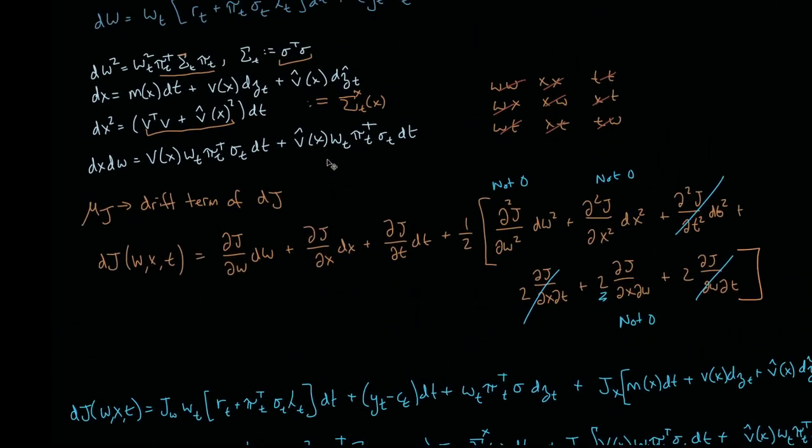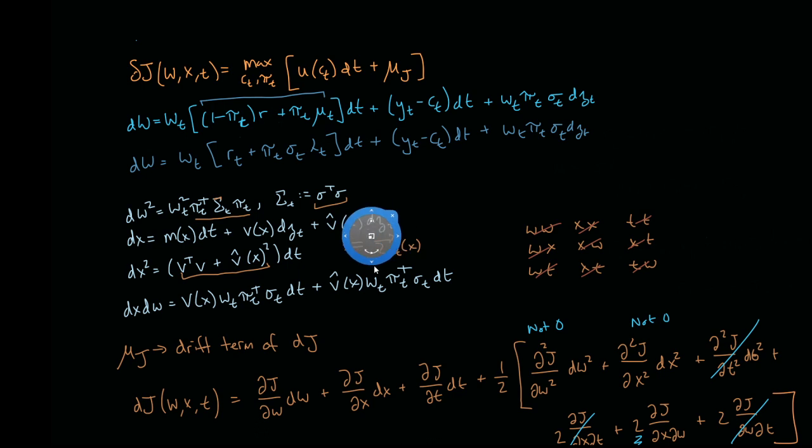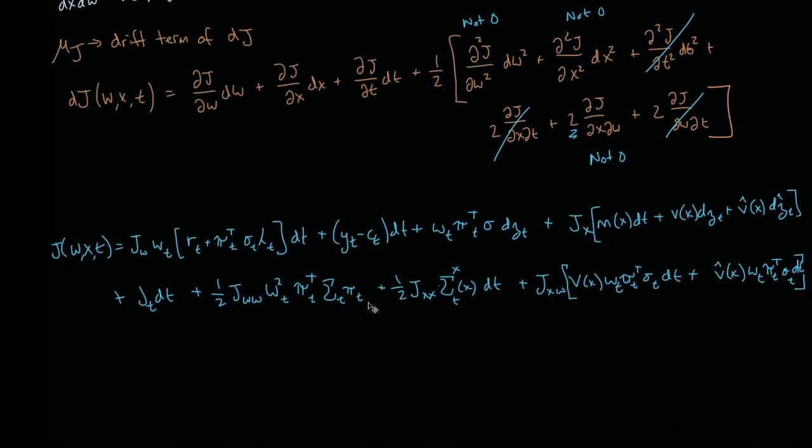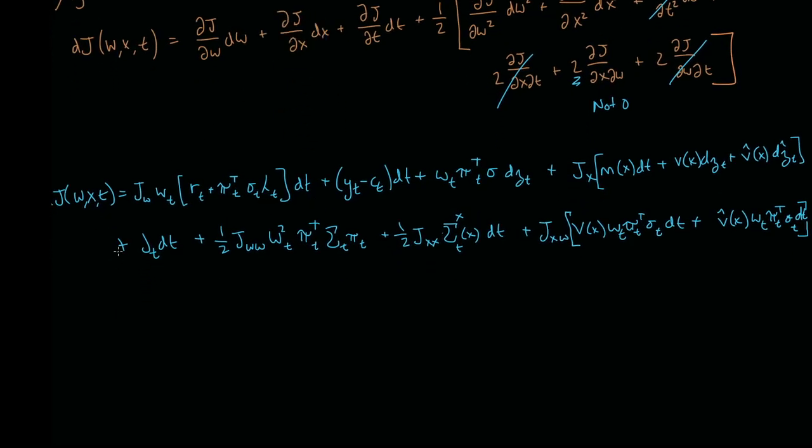I suppose I forgot to mention that when we cross multiply, dt dz and dz dz hat are going to be equal to 0, just because they have 0 covariance. And dt dz and dt dz hat are both going to be equal to 0, but then this dzt and dzt hat we're going to assume is just equal to dt. And I'm assuming that to get the correct answer. The thing about independence, that makes sense to me, but that doesn't get the right answer, so here we are. Okay, so let's rearrange this mess,